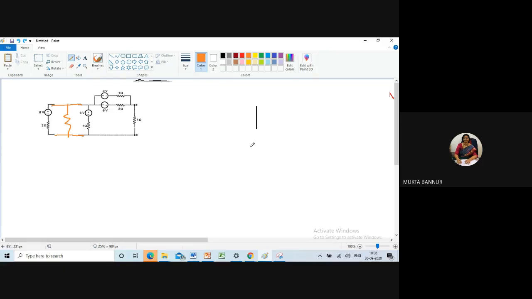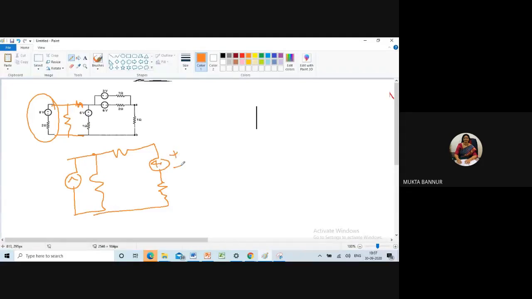See here, I need to put one more resistor over here, and that circuit meaning will be changing. See here, these two are not in parallel. You need to bring these two resistors in parallel only by converting this voltage source into a current source. This resistor will come and this is the voltage source. I'm keeping this voltage source as it is.